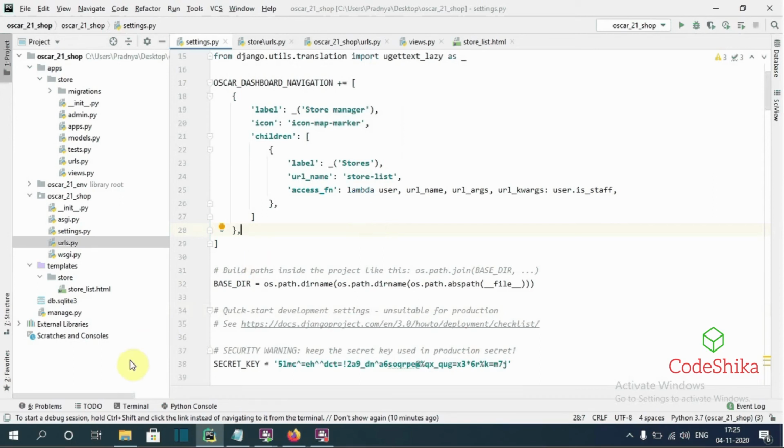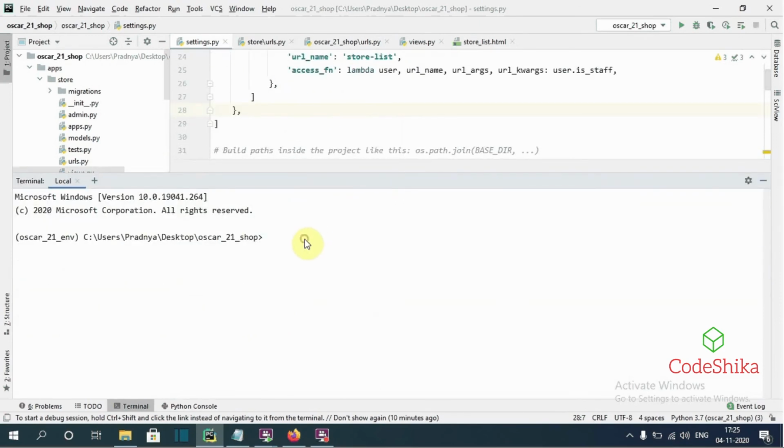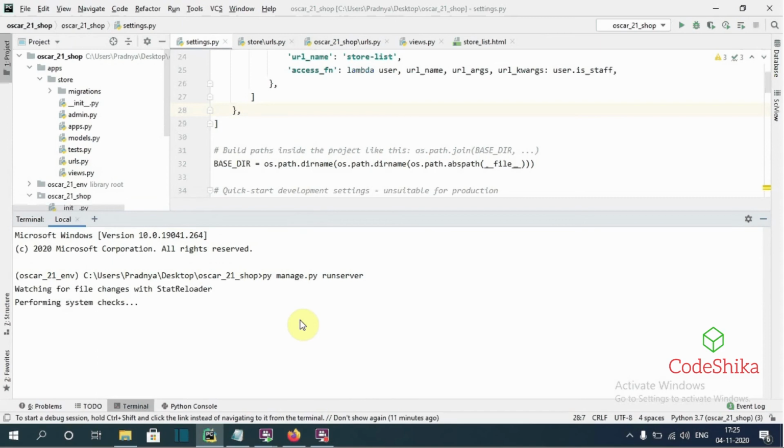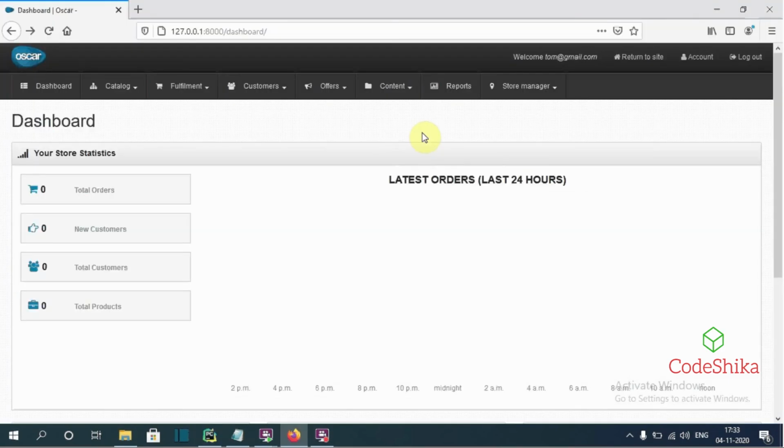Now let's run the server. py manage.py runserver. So this is the Oscar dashboard.